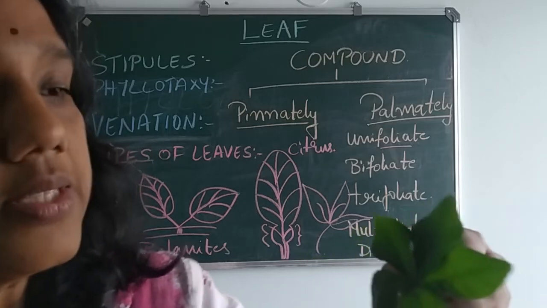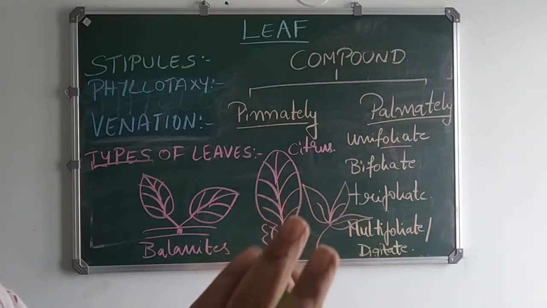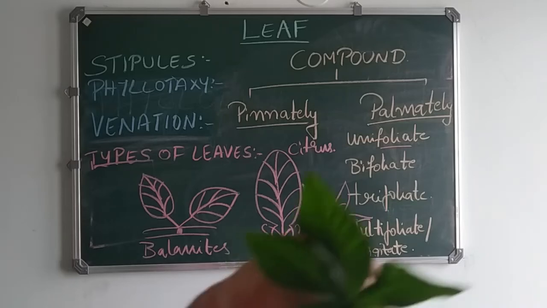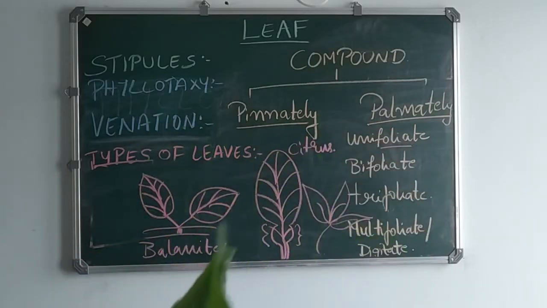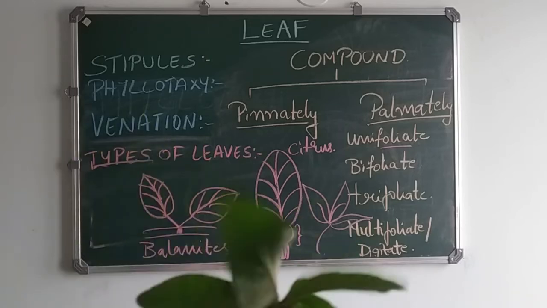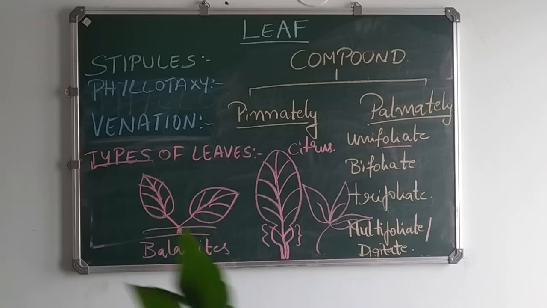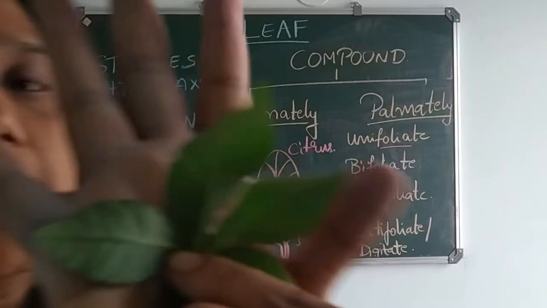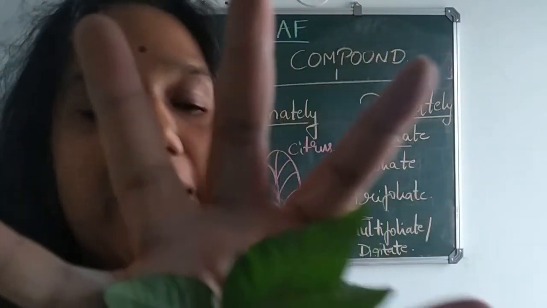You can check out 1, 2, 3, 4, 5. So this is more than 4. So we call it as multifoliate or digitate. You can see 1, 2, 3, 4, 5. Example may be Bombax. Remember, for multifoliate it is Bombax, but this is not a Bombax sample. I'm just showing you how a palmately compound leaf will look. See, it's looking just like a palm. Now if I keep it like this, it looks just like a palm. So this is called as the palmately compound